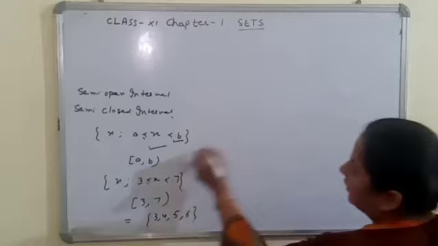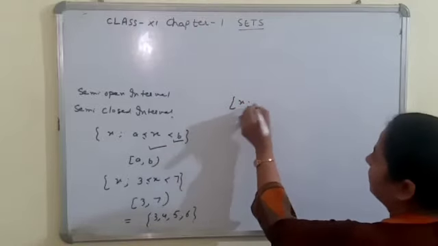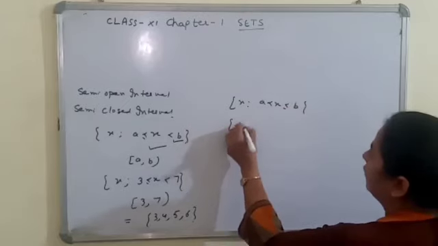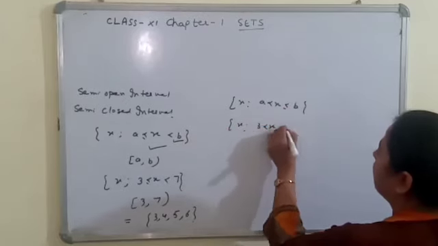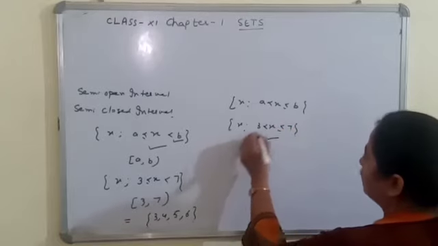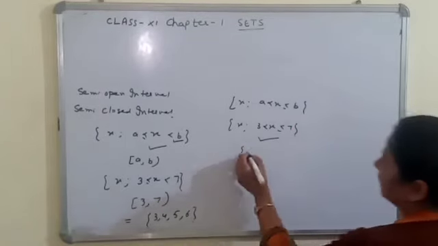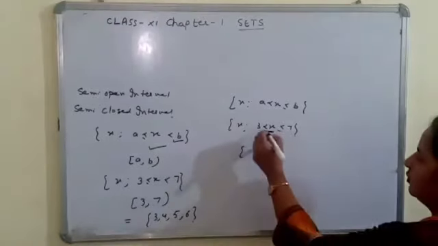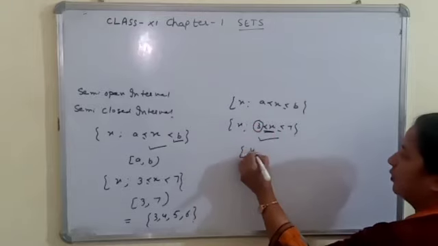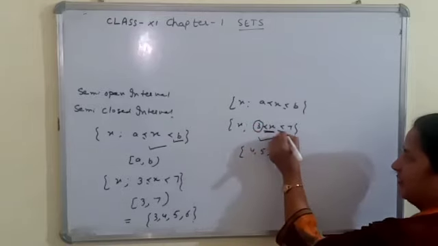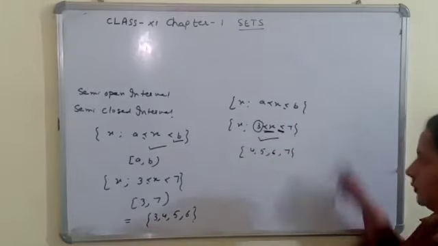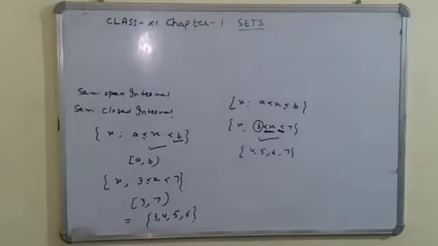Now next, suppose x is such that x is greater than a and less than or equal to b. For this, x is greater than 3 and less than or equal to 7. For the interval, it is greater than 3, so this is open at the left side. So we will not include the value of 3: 4, 5, 6, 7. This is less than or equal to 7, so 7 is included. Now, after the definitions of intervals, let's start the power set.